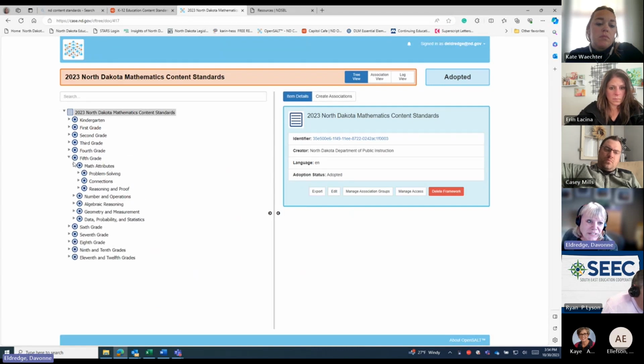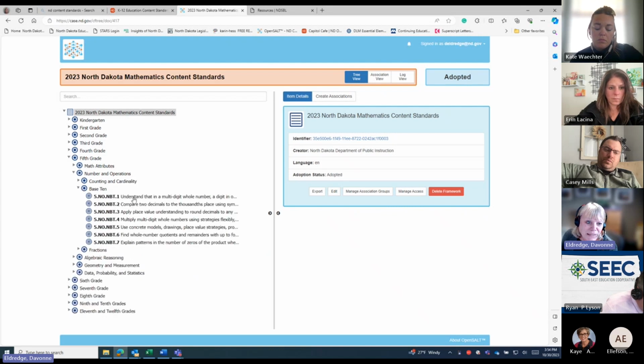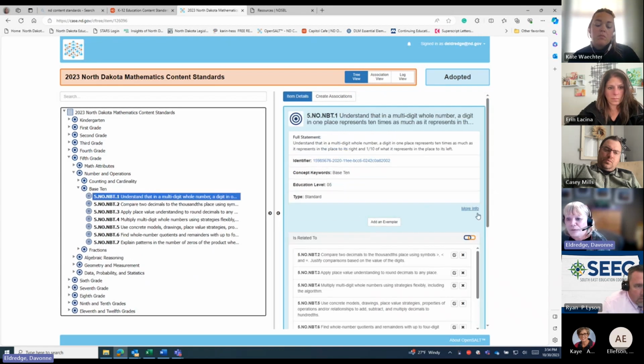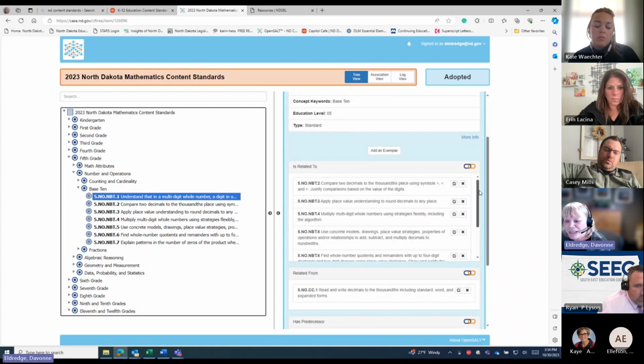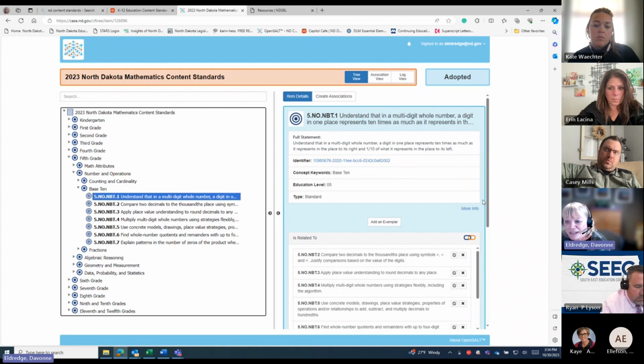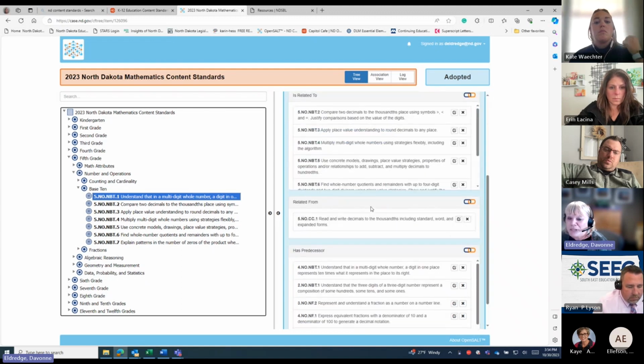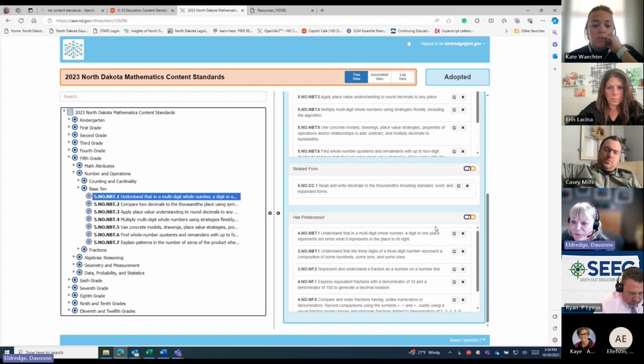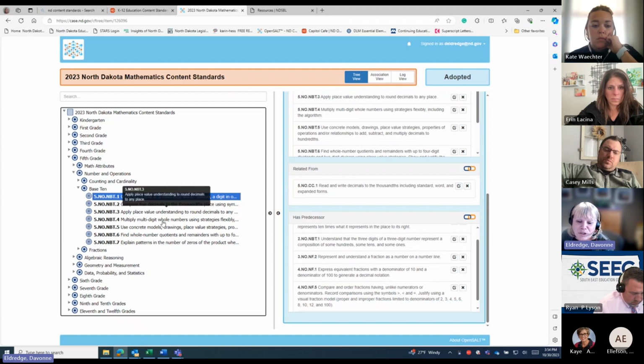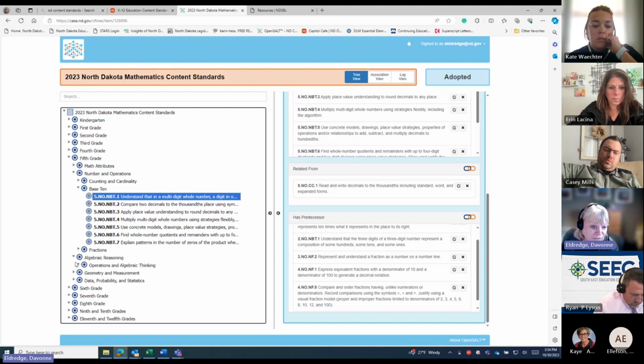you will find the attributes here, and you will also find that within these concepts, and I'm going to pick base 10, and we'll go here. It will show you what standards are related to the standard that you have highlighted. It will show you related to and from. From means that it was in there before this one came up. And we'll also show you what some of the predecessors were for that particular standard. The other thing that it will show you is if it is a standard that precedes another standard that is coming up later on. And I know there's one of those in here because I was working in here today.